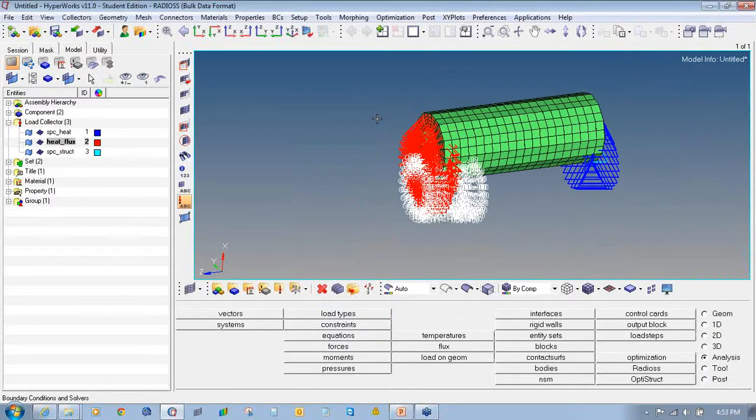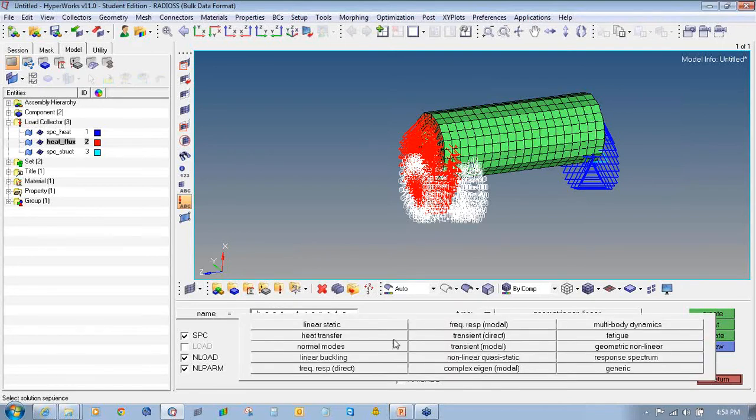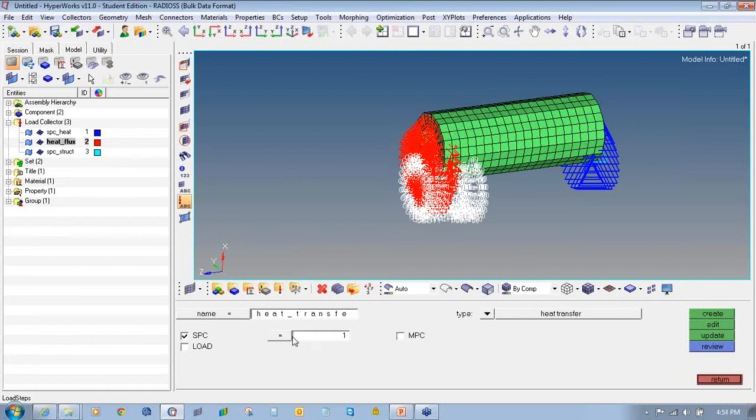Now the next step is to create a heat transfer load step. So we'll go to analysis, load step, enter the name as heat transfer, select the type as heat transfer, check the box in front of SPC and select SPC heat.